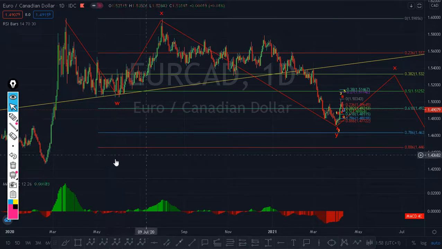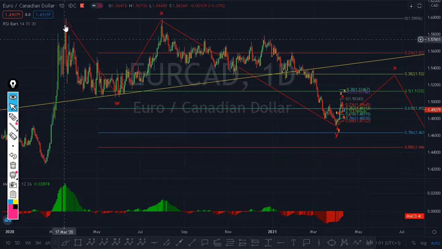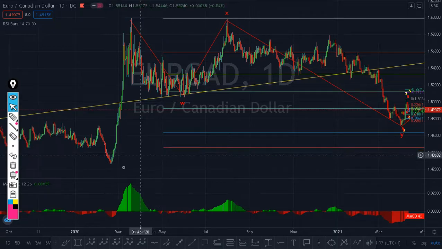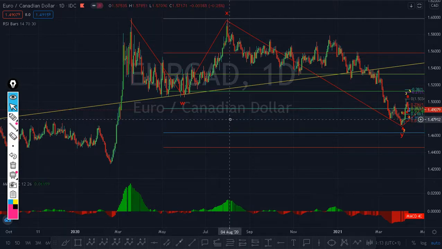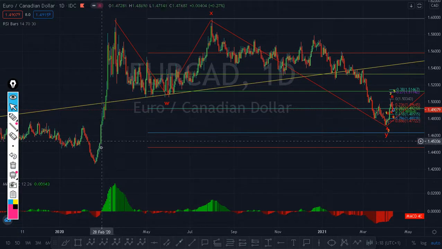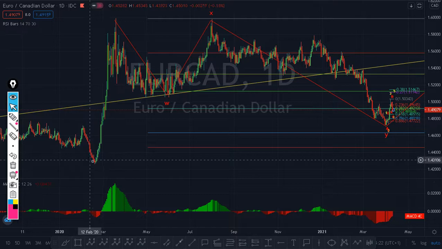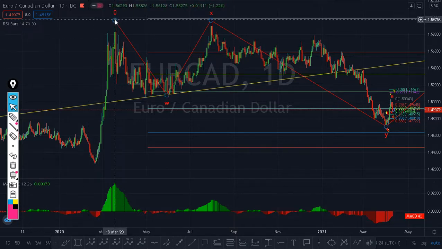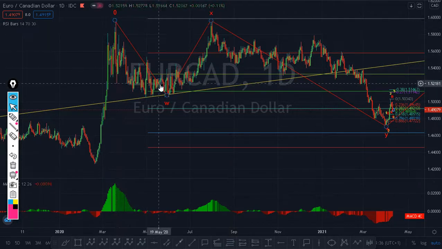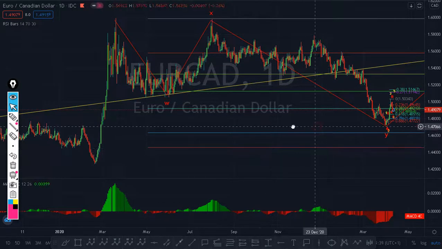In daily, we can see this is an impulse, but I can't label this. I can't label it 1, 2, 3, 4, 5 because it will be fixing it blindly. I just leave it because it's only one wave. From here to here is one wave, and an impulse wave is supposed to be 5 to be complete, but this is just one wave, or maybe 3 waves. You can say this is 1, this is 2, this is 3.